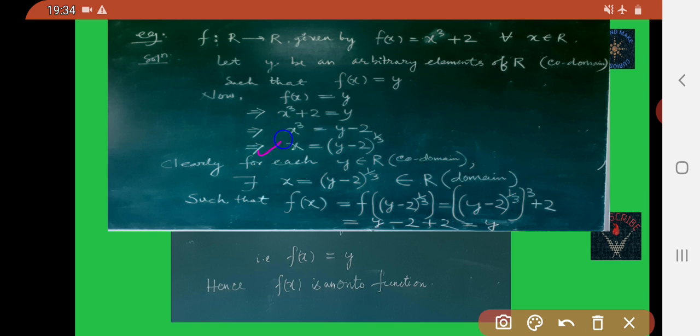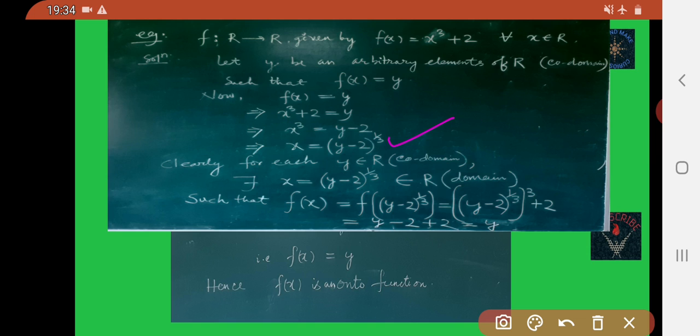Then x is equal to the cube root, that is 1 by 3, y minus 2 to the power 1 by 3. Okay, you got x equal to this.